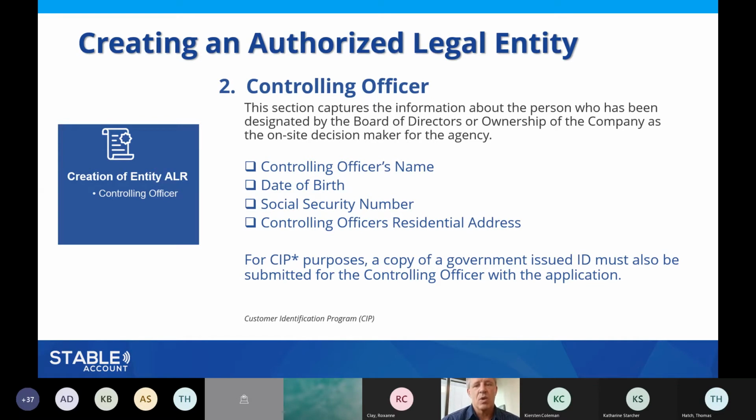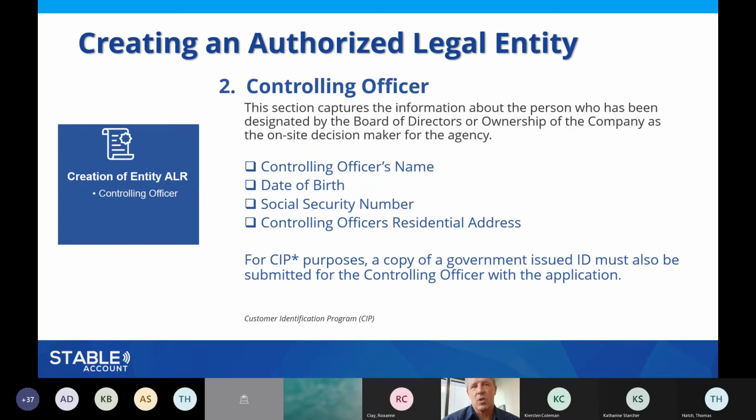None of this information will be attached to the account in any way, or show up on any reports or statements. This is just used to verify, and then it's filed away in the system, never to really be needed again unless there was a need to contact that person because of some change that needs to be made to the account.